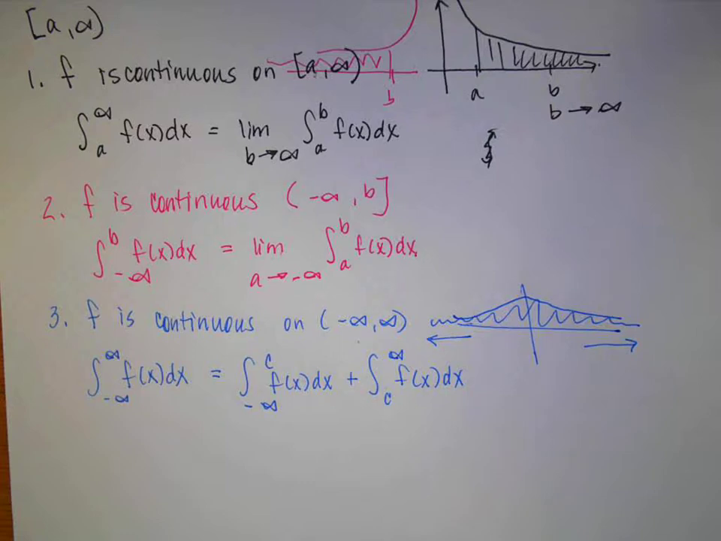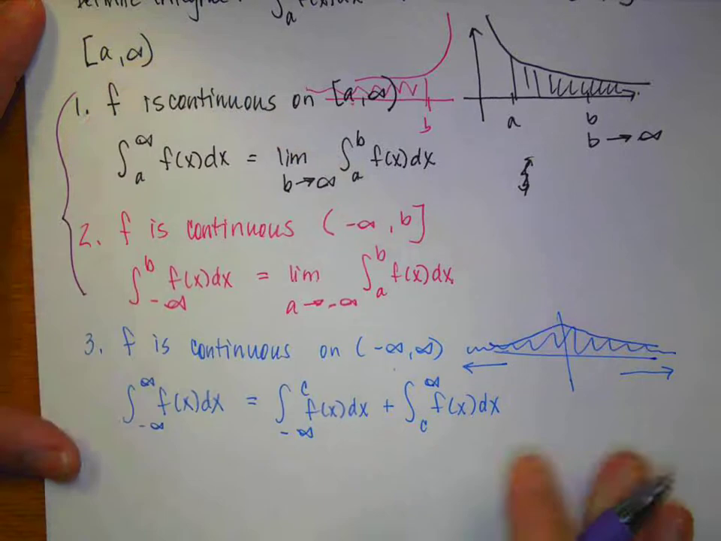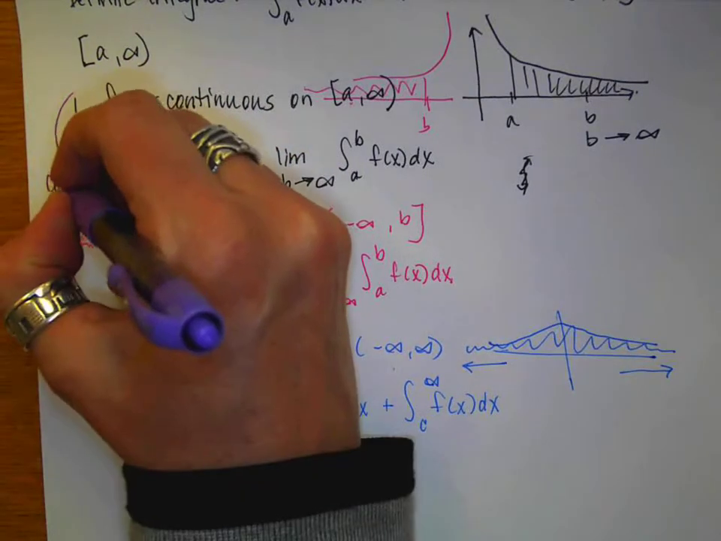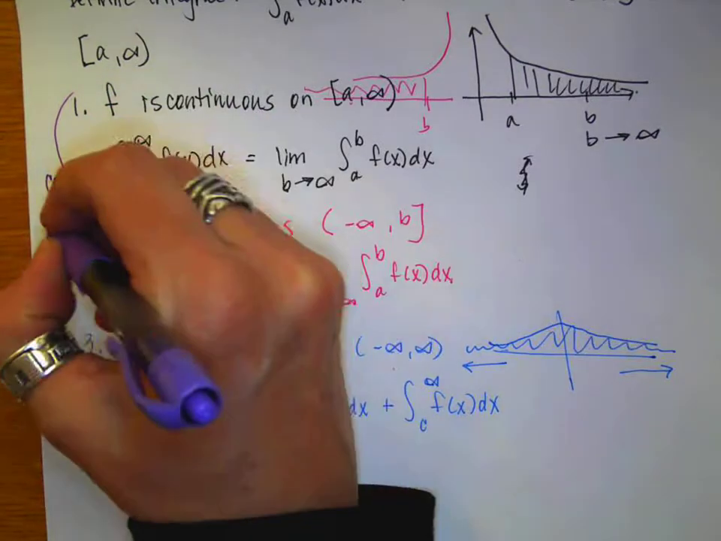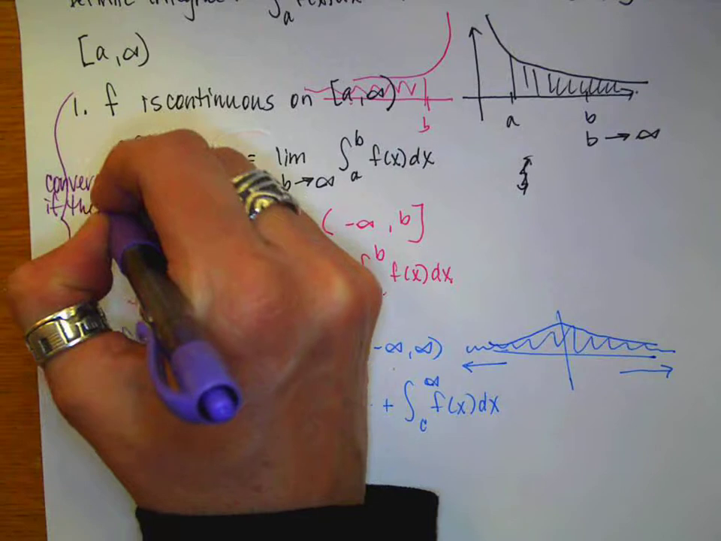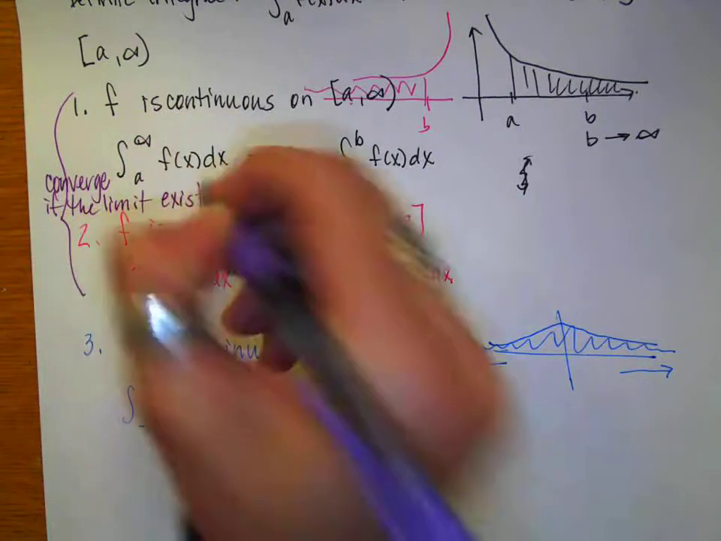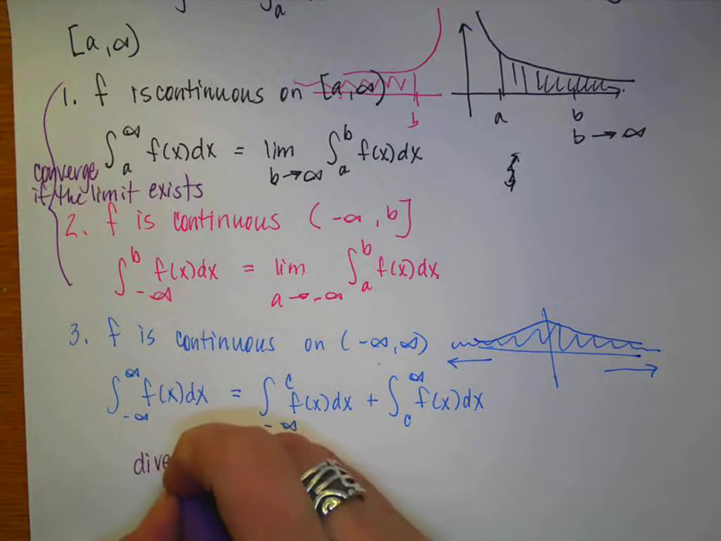Alrighty, so another thing that I want to go back and add is, see if I can squeeze this in over here on the side. These two guys are going to converge, or remember that means to approach a value if the limit exists. And I know I'm kind of writing on top of what I've already written, but sorry, we'll get there. And then for this particular situation, it is going to diverge